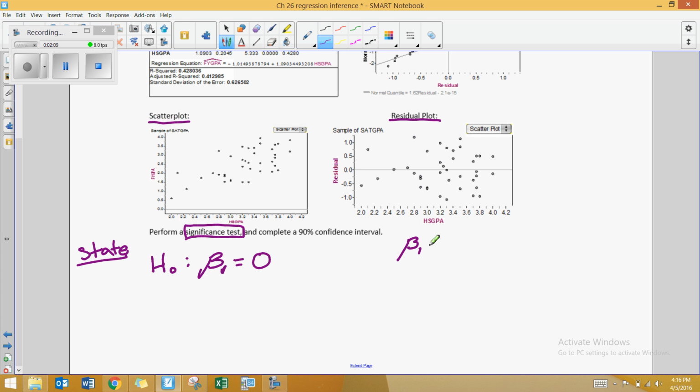Well, B1 is the slope of the regression line for the true relationship